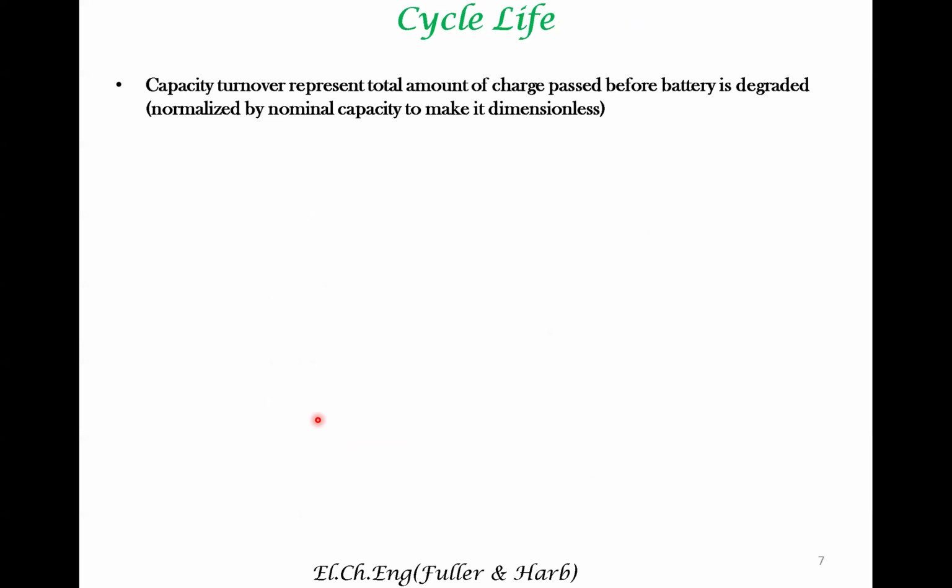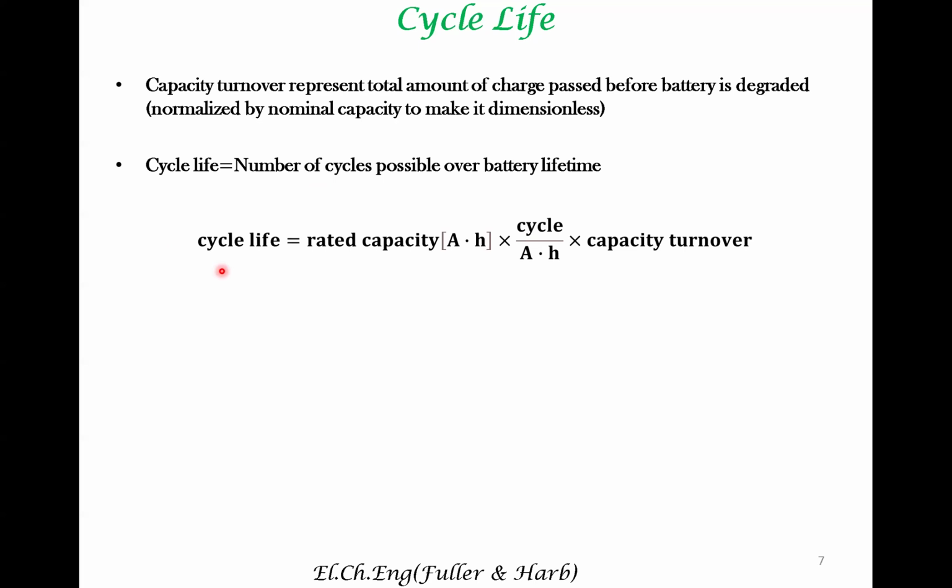So from this capacity turnover number, you can estimate the cycle life. So cycle life is the number of cycles possible over a battery lifetime. For example, you may want to charge and discharge between 500 to 1,000 times for a typical battery. So the formula is straightforward. So you can split the cycle life into two quantities. This times this, because capacity turnover is normalized by nominal capacity. So this times this will give you the total amount of charge that is passed